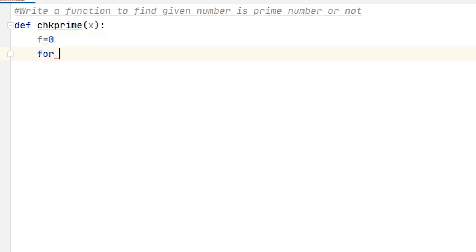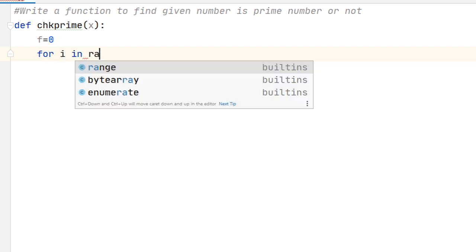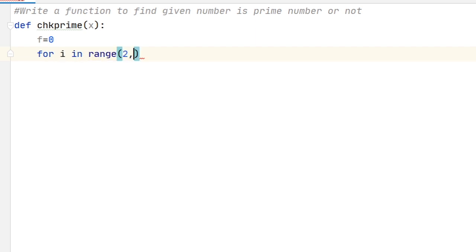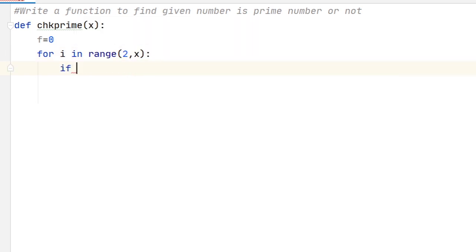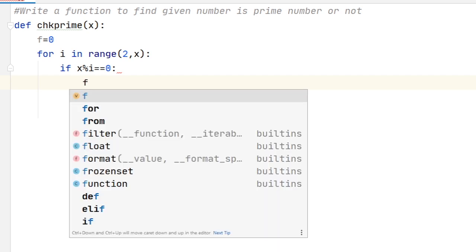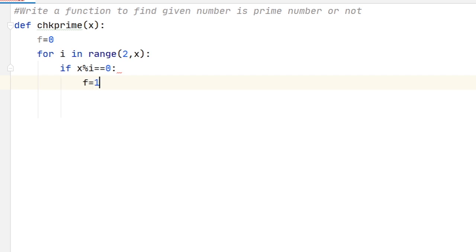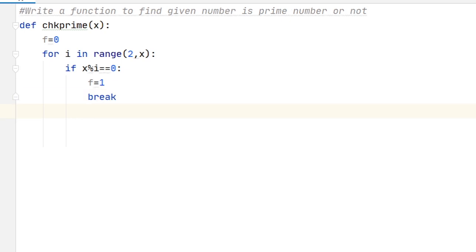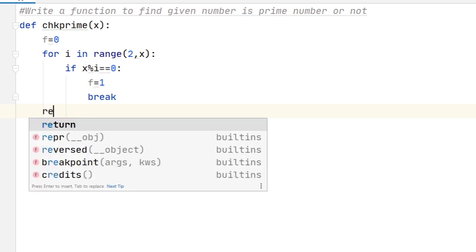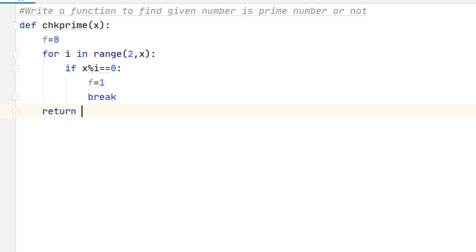Now I use a for loop: for i in range 2 comma x, if x is completely divided by i, that is remainder equal to 0, then we change the value of flag, which will indicate later on that the number is not prime. And then break. Finally I return the value of flag.